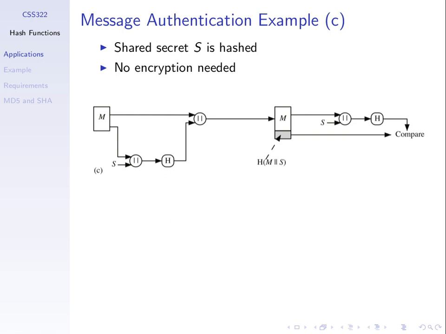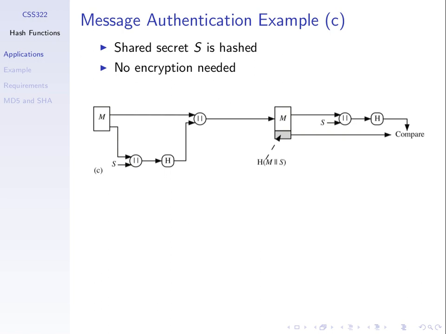Malicious user doesn't know the secret, so they cannot do this approach. They cannot modify the message and try to calculate the correct hash value, because to do that they need the modified message and the secret value. But they don't know the secret value, it's secret. If they use something different, if they use S prime, some different value, then send this to B, B does the check. Hash of the received message, M prime, concatenated with S,